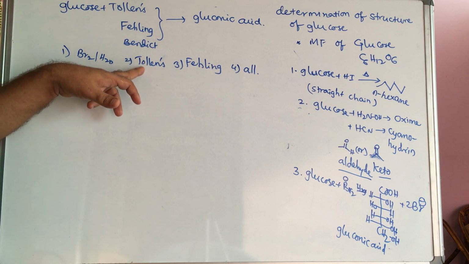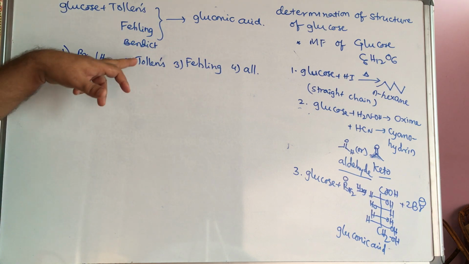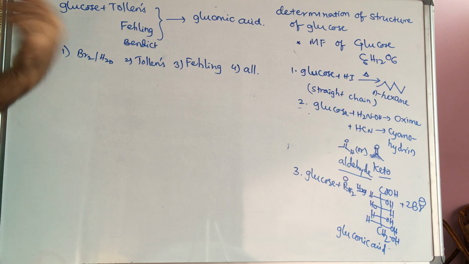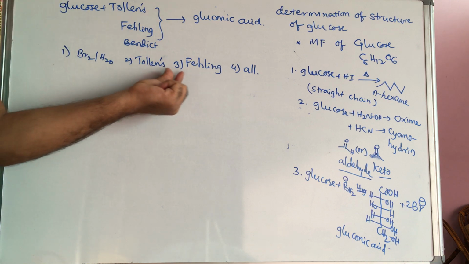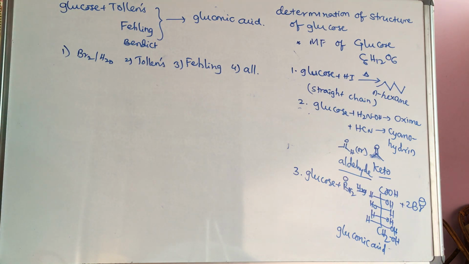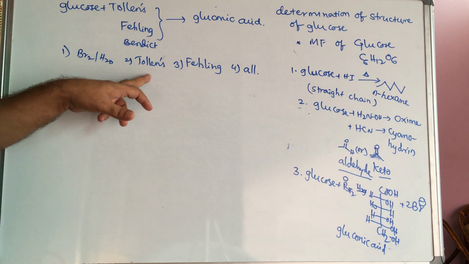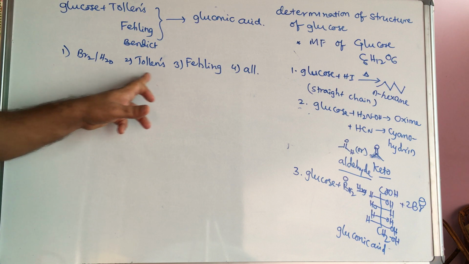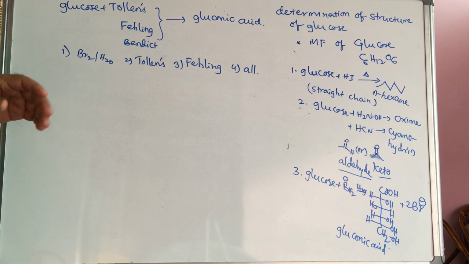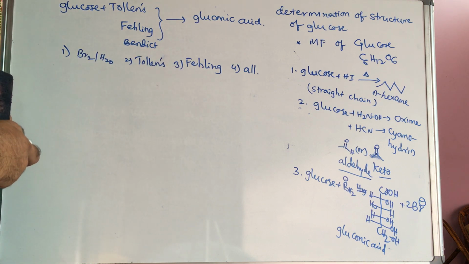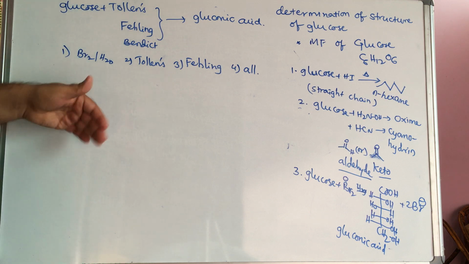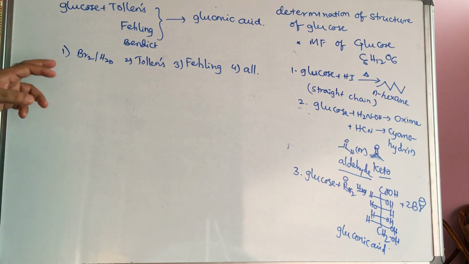Why do they react with the keto group? Actually these do not react with the keto group, but these are carried out in basic medium only. For that purpose glucose is converted into fructose, that is called isomerization. That is called the Lobry de Bruyn-Van Ekenstein reaction, which we will discuss later. So here the best answer is bromine water.